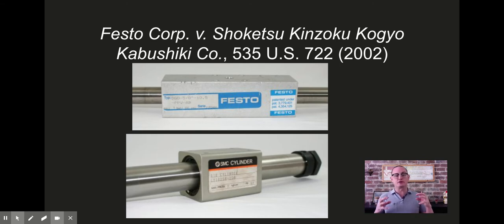In other words, the sealing rings prevent dirt from getting into the device, which would make it not work properly. And in addition, there was a limitation. One of the patents included a limitation that the outer shell of the device had to be made of a magnetizable material. Okay, so Festo starts selling its product based on these patents it's obtained, and SMC, which is the